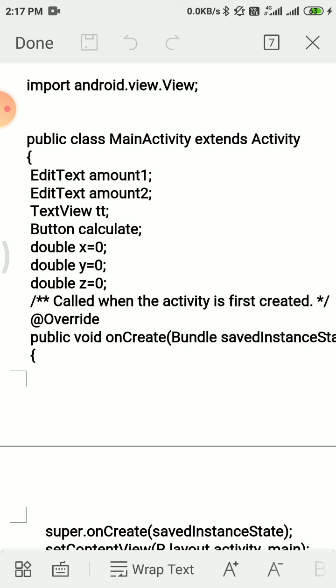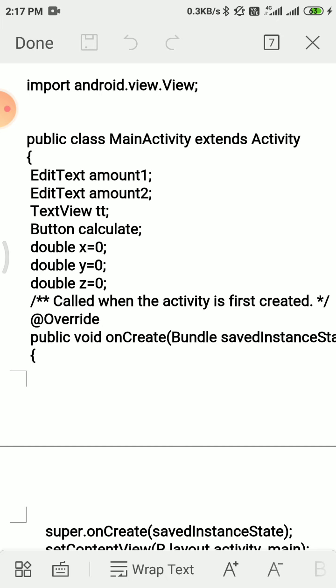Then button calculate is one of the methods for the actual addition function. And we have given three variables of data type double, x, y, and z, initialized to 0. By default, if you are not passing any value, your mobile app gives the value 0.